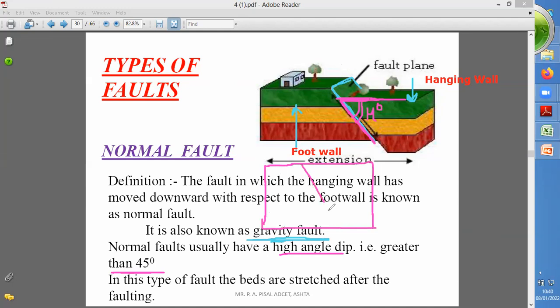Before faulting, these two blocks are like this, and these are the layers present in these blocks. But after the faulting,